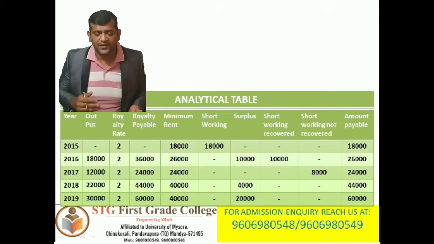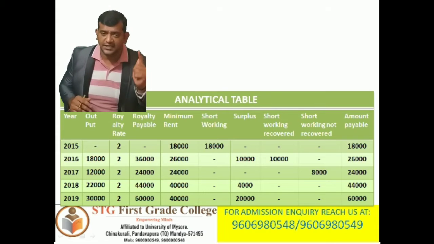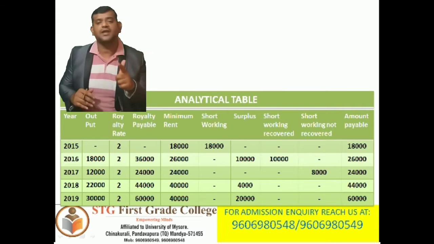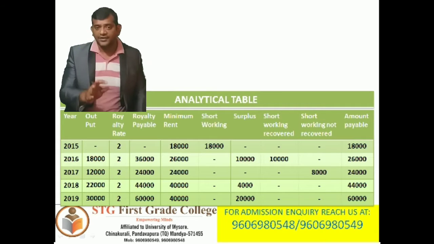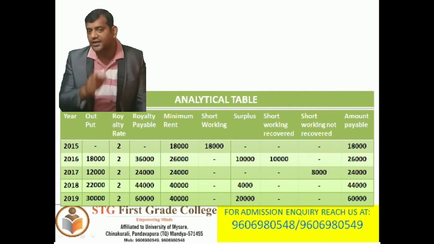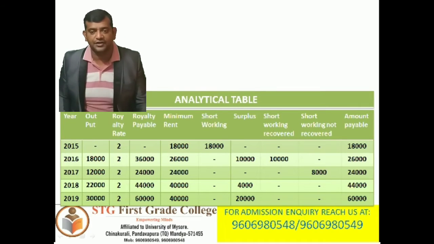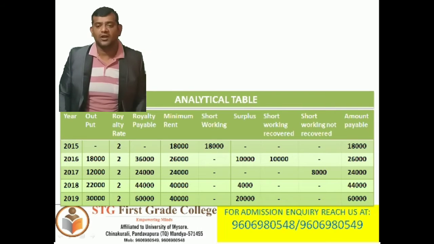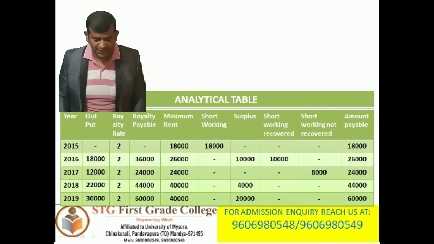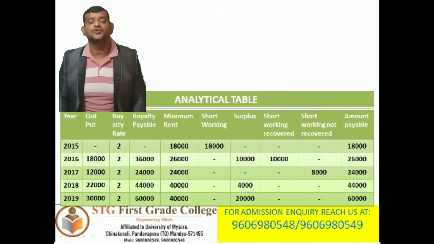So total short working in the first year was 18,000. Out of 18,000, in the year 2016 we were able to recover 10,000 rupees. So the unrecovered 8,000 should be transferred to short working not recovered. So 8,000 not recovered, and the amount payable column is 24,000 rupees. So next, in the year